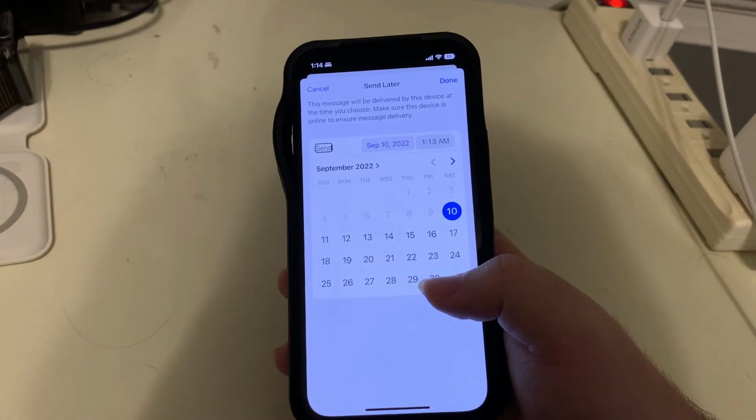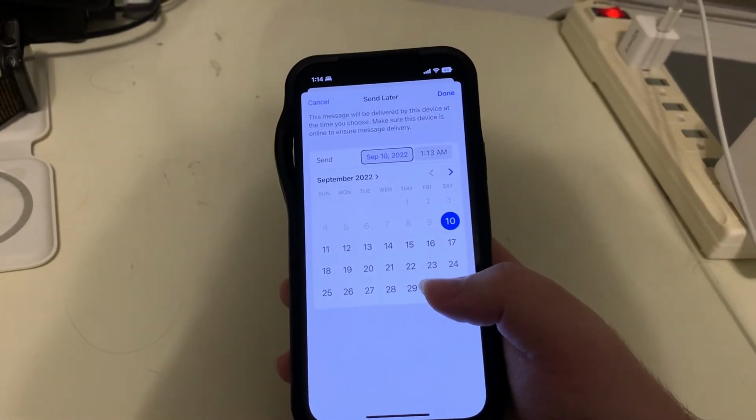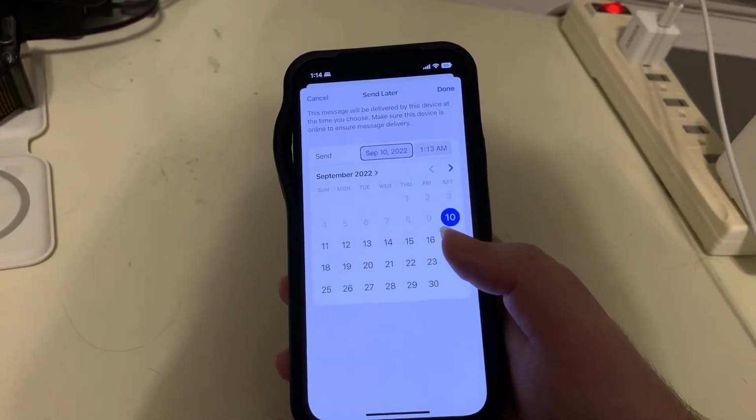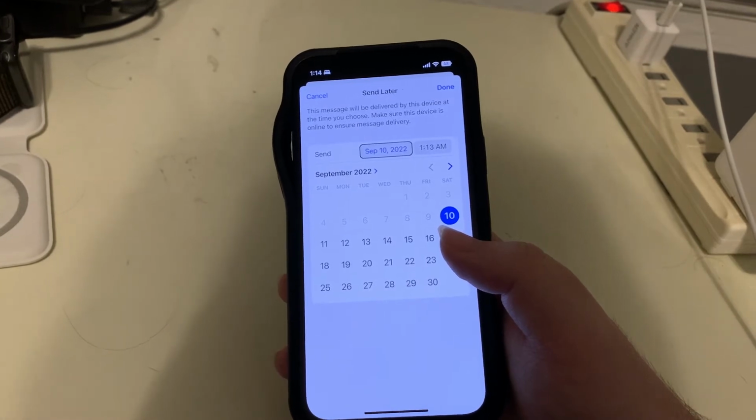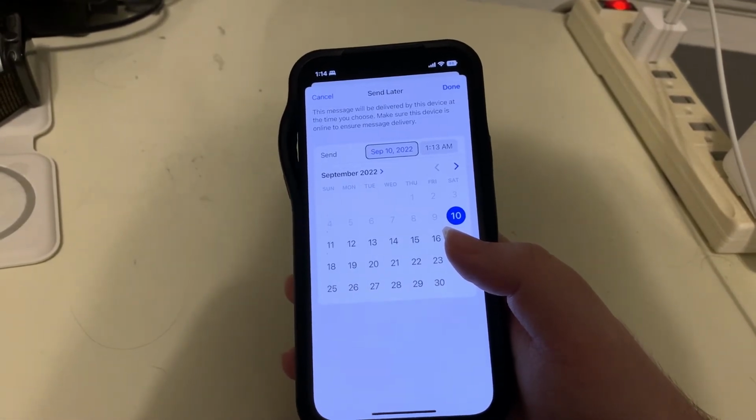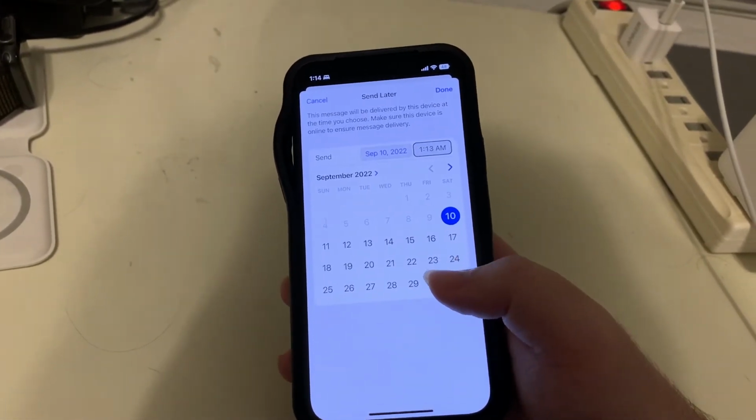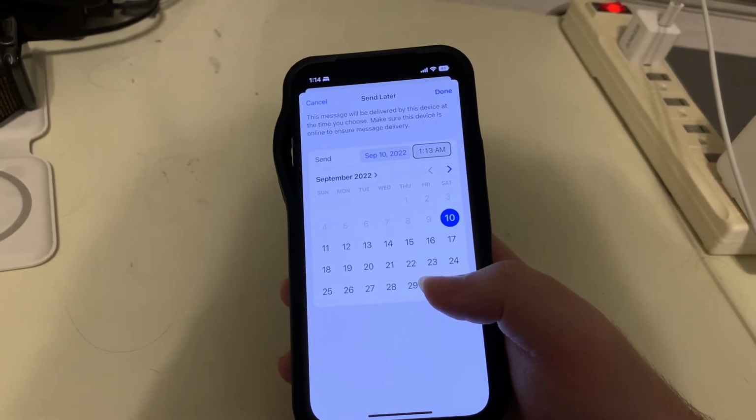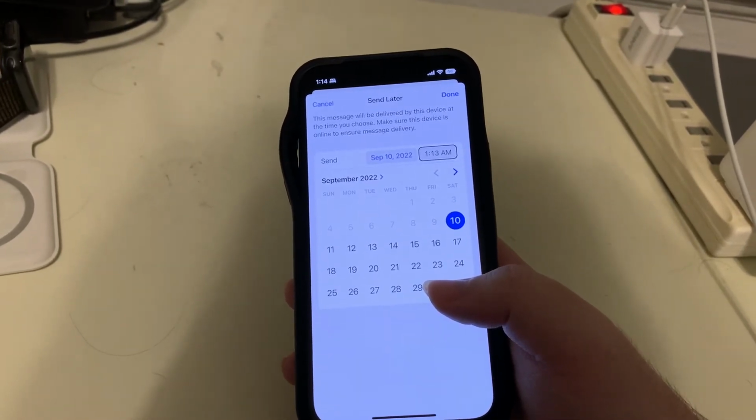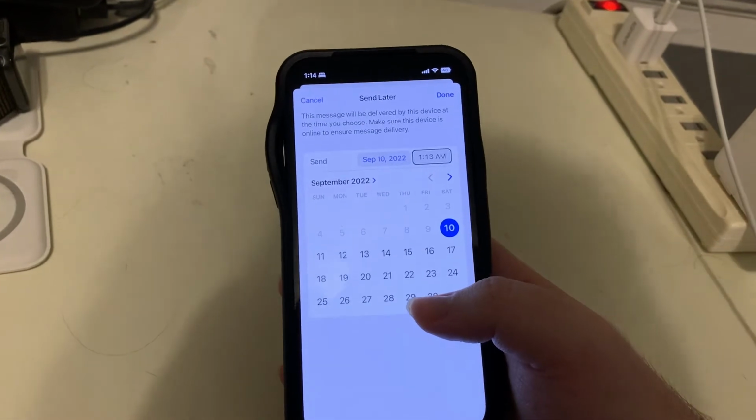Send. The 10th of September, 2022 button. Now, Expanded. Double tap to collapse. Flicking to the right brought us to the date, and the time, 1:13 a.m. button. Collapsed. Now, I'll show you the issue in a second, but let's say we wanted to send this on